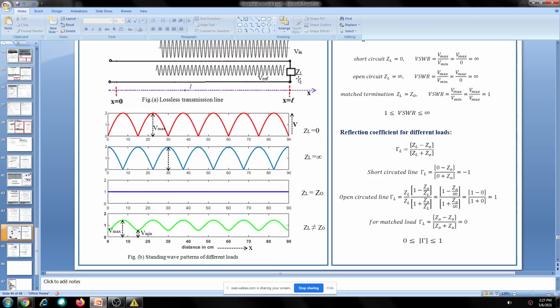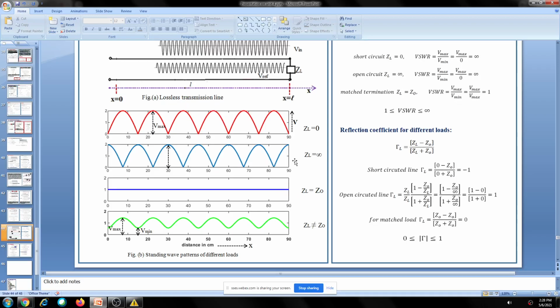If you replace this ZL equal to 0 by an open circuit, you put an open circuit here, then you can see the waveform is like this. It is maxima here, instead of minima we have a maxima. Then minima comes here, at a distance of lambda by 4 from the load. See, this is the load, this is the open circuit; anyway, it is a load for the line. That minima occurs at a lambda by 4 distance, whereas here minima occurs at a lambda by 2 distance. So here minima is at a lambda by 4 from the load, and again it repeats, and it is again 0. If ZL equals infinity, the minimum value is 0.